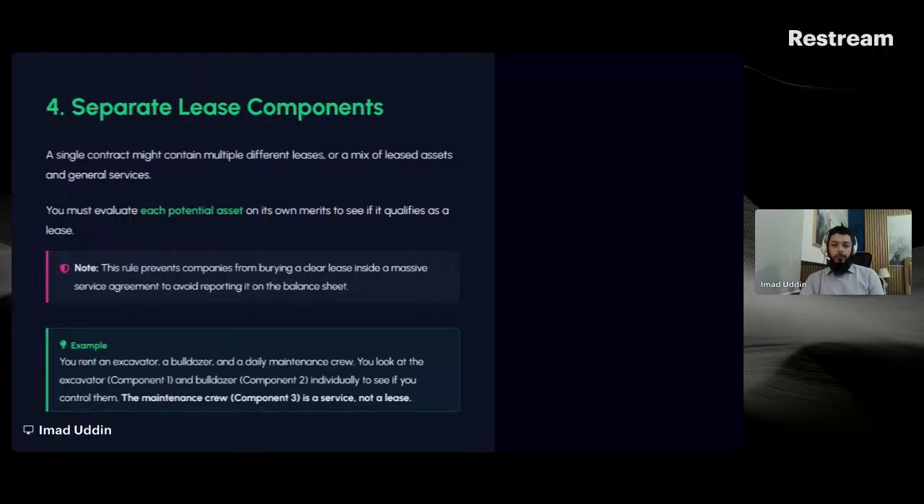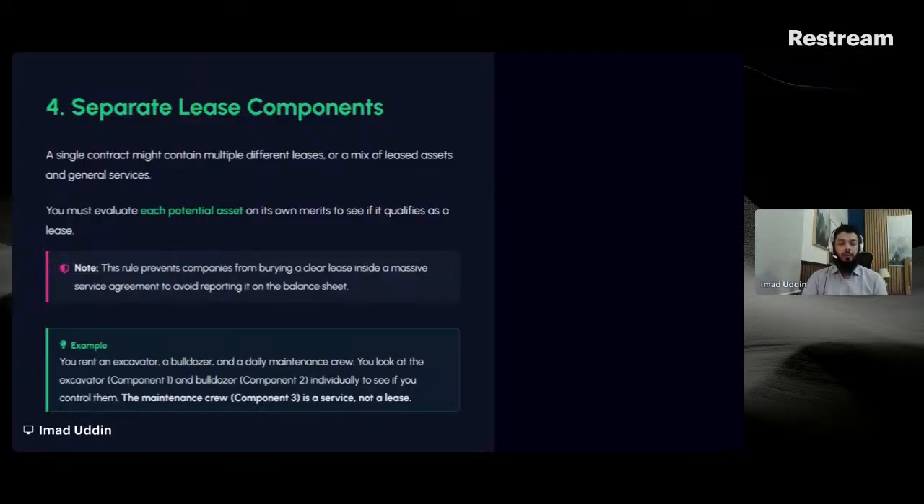So here's a simple example. You rent an excavator, a bulldozer, and a daily maintenance crew. You look at the excavator, which is component one, and the bulldozer, which is component two, individually to see if you control them. So, for example, the excavator is used entirely by the supplier, and you have no right